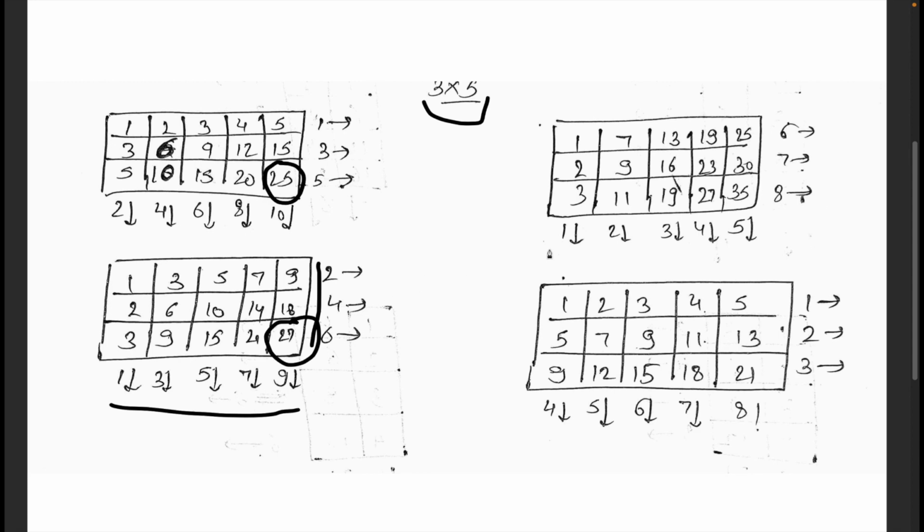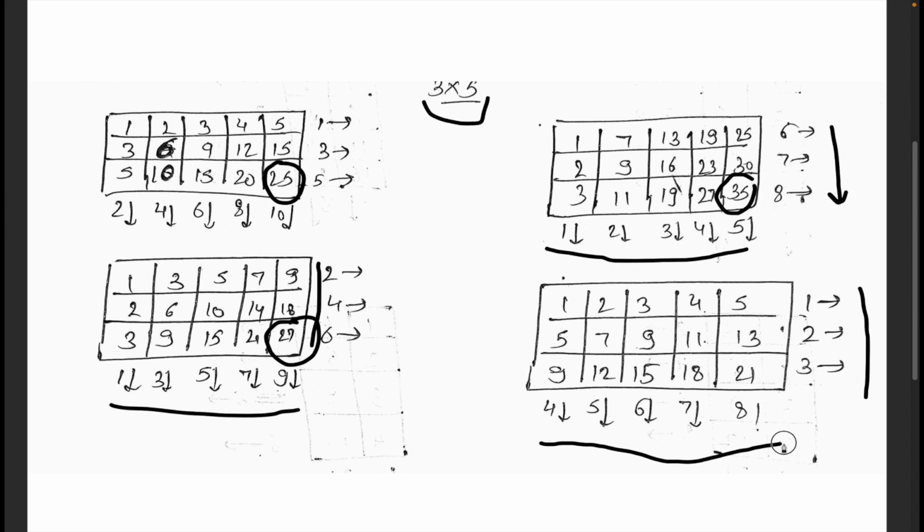And the case 3, when we start the common difference from 1 starting from the columns, which will continue till the last row. So the least maximum which we are getting is 35. Now let's take the last case in which we are starting the common difference from 1 for the rows and which will continue till the end of the columns, and the least maximum which we are getting here is 21, and this will be the